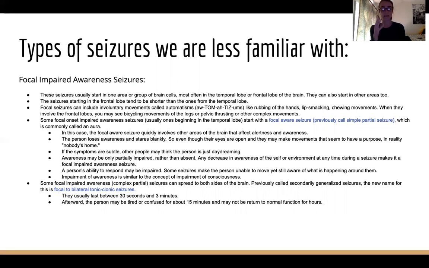People might look like they're trying to say something, but no sound's coming out. Hair twirling. You might see a bicycling movement of the legs or a pelvic thrust or some other complex movement if that electrical stimulation is in the frontal lobe where it controls the movements. Sometimes a student will have an aura, and sometimes they won't with these types of seizures. They usually will seem conscious. They'll have their eyes open, but they will be staring. If you're trying to talk to them, they would not be able to respond to you, although they may be making